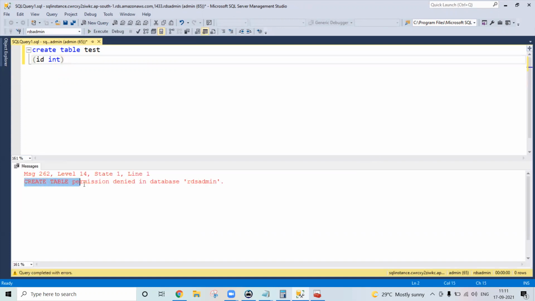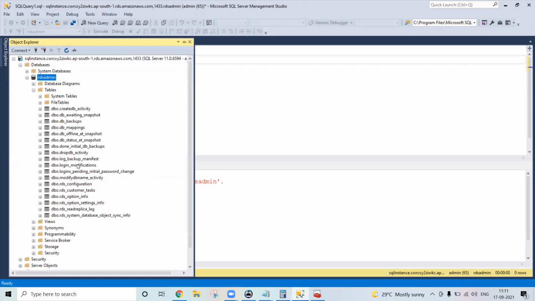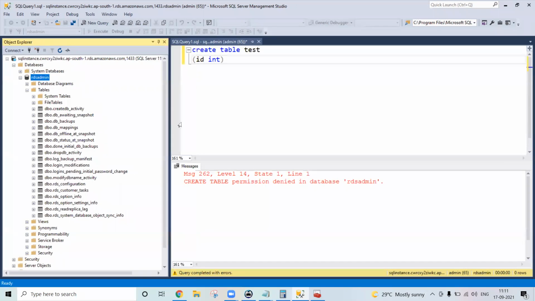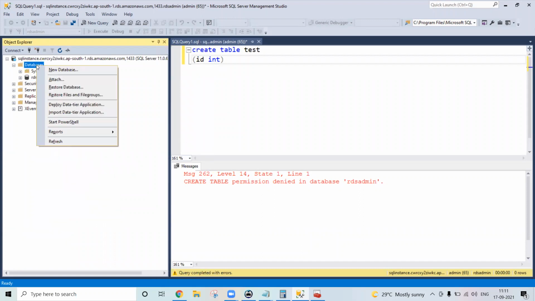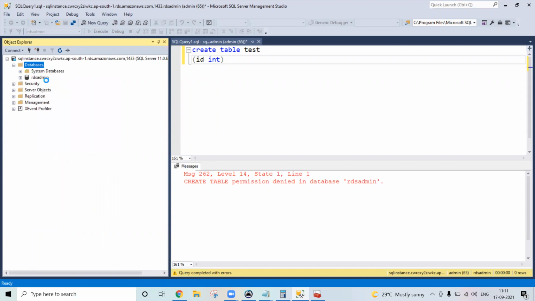See, create permission denied at the database RDS admin. Get it? By default, you don't have the permission. Concept clear? Now, but you can create the database. You can create the database simply by right clicking, new database. Now if you create the new database...